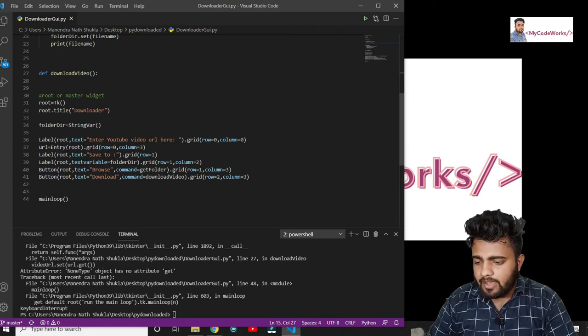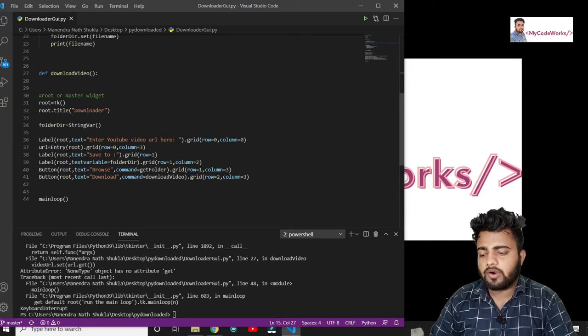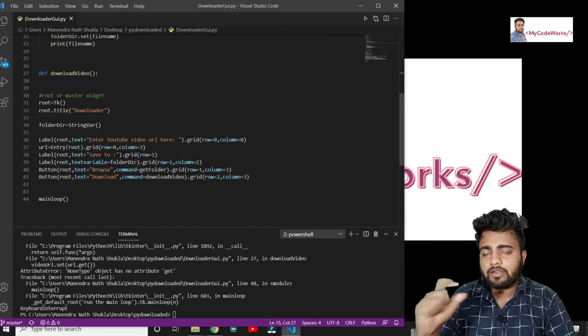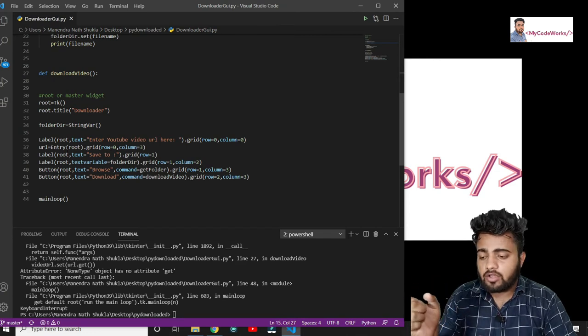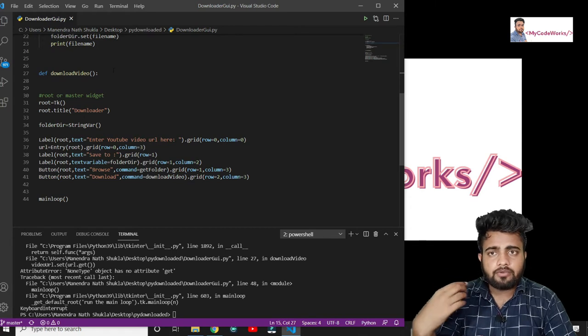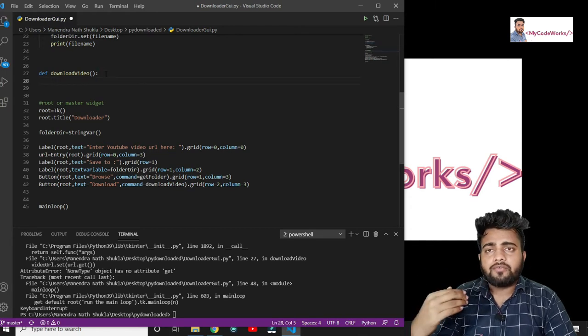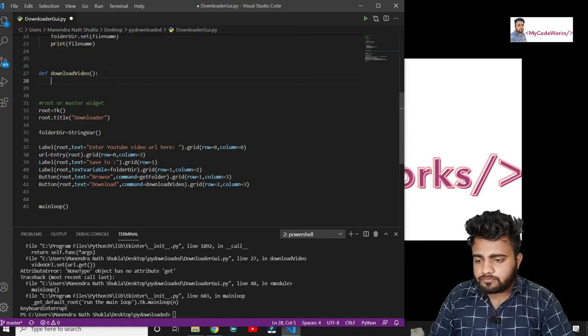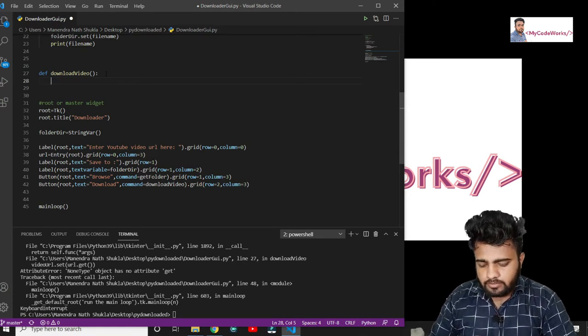Here we have the entry, so the URL is there. Now in order to get the particular value for this entry, whatever value we give to the box, for getting that link, whatever content we provide in the box, we have a method called get. So we are going to use that method. Now we are going to create an object, I mean, we can say it's an object.